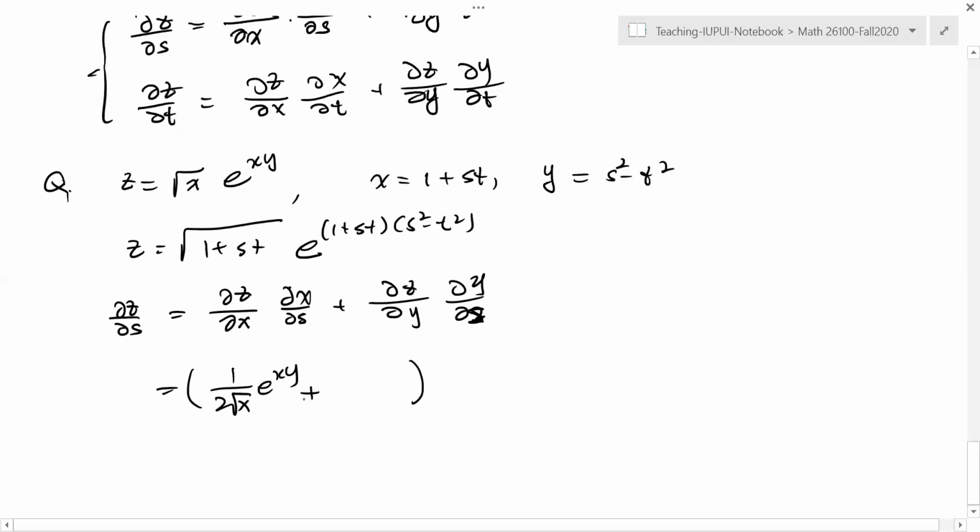Then when you differentiate the second term, I think I get a y. Yeah, so that's what I get. And then the partial derivative of x with respect to s is going to be, I get t here because it's